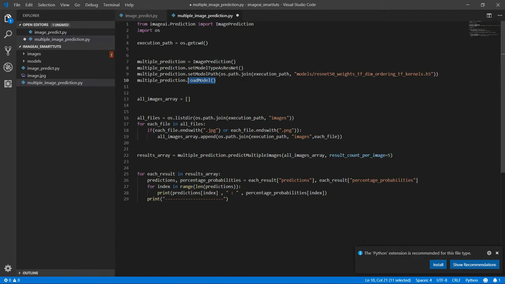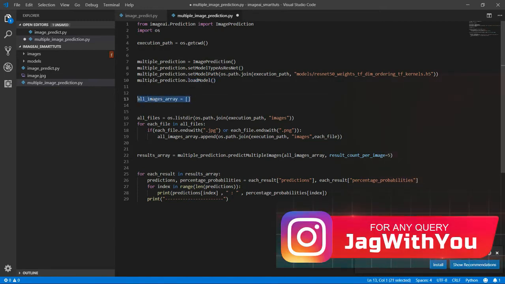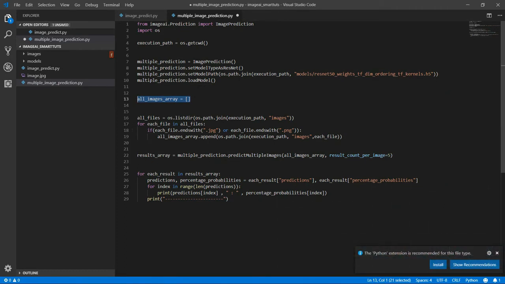The next part is how we are going to create the list of images. For that we have defined an empty array, and we have looped throughout the images folder.